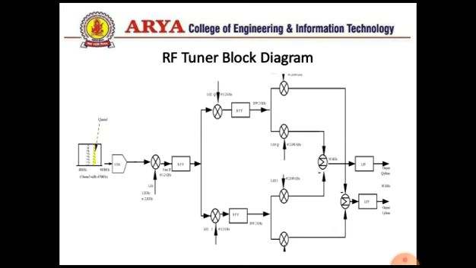This is a block diagram of an RF tuner. You can see that the components are arranged in a proper manner, and the band pass filters are used to create the desired band of frequency where the tuning occurs. The signal or bandwidth flows into the circuit, and then it is filtered or tuned through the mixing of the different frequencies, and finally it is summed up to a desired level and given at the output section.